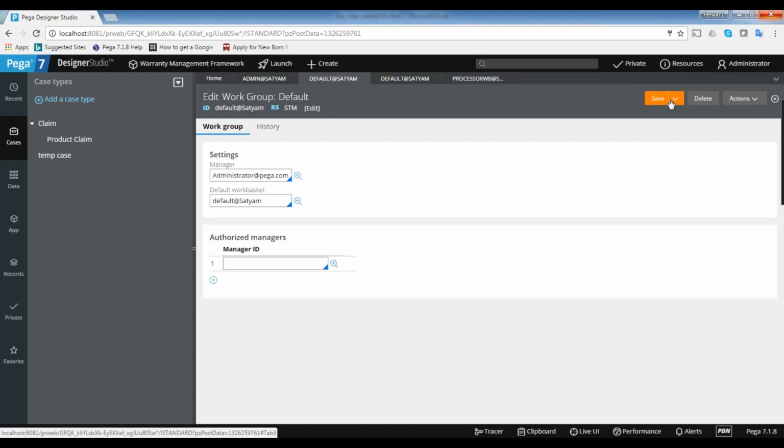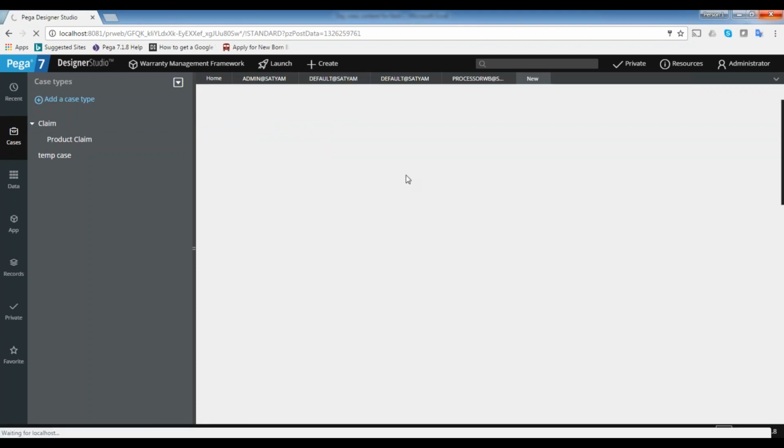And then I want to create the work group as well, the processor work group.